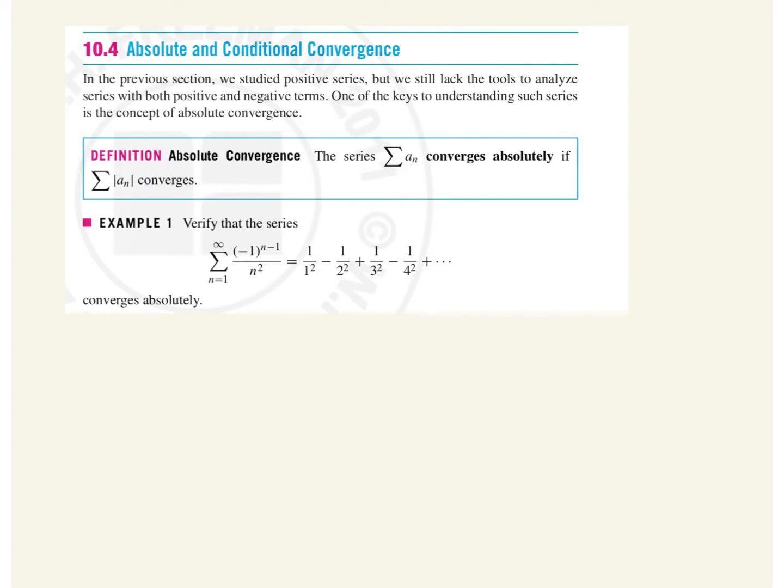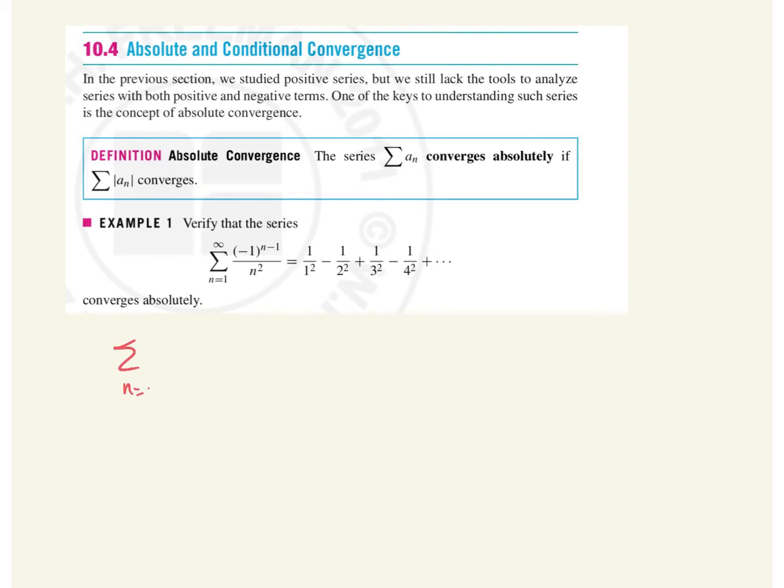The definition of absolute convergence is that the series summation of a sub n converges absolutely if the summation of the absolute value of a sub n converges. So we can verify this with this example using the absolute value of it. If you take a look at it, we have negative 1 to the n minus 1 power over n squared. So it's essentially just alternating signs in the numerator, and the denominator is growing based on the base. So we're going to show that this converges absolutely by showing